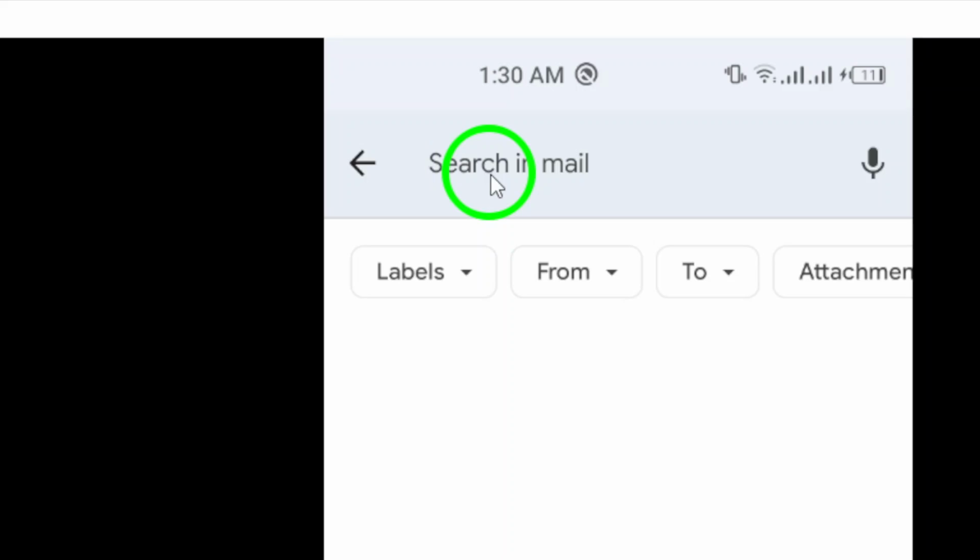Step 3. Enter what you want to search for in the search bar. You can type in keywords related to the email you are looking for, such as sender's name, subject, or specific